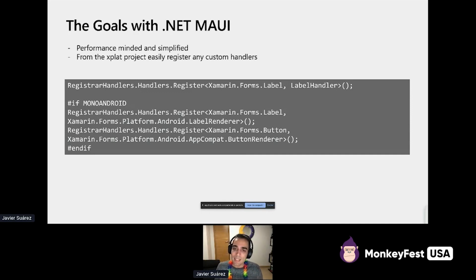So you can see in the slides a sample that, the idea is to allow you to register any renderer you want. So for sure there will be handlers registered by default, the label, button, all the handlers that will render these controls, but you can swap those in and out, and we are not going to use assembly scanning. So it's a very explicit way to register, but in the next slide,